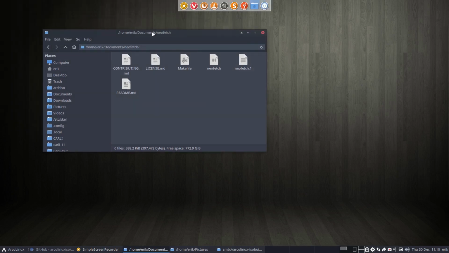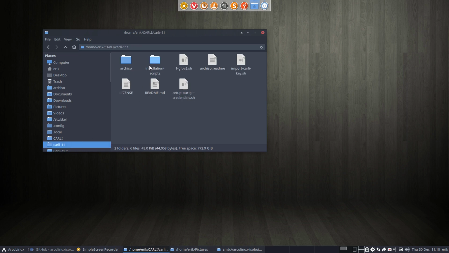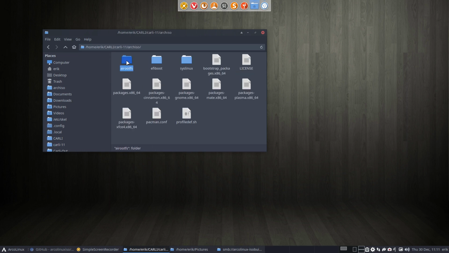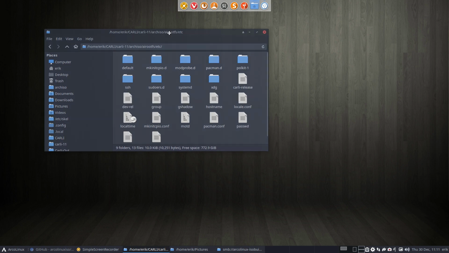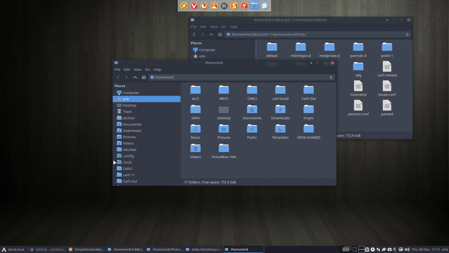Hi guys, we've just created our own package, Carli NeoFetch it's called. It's going to replace the NeoFetch with the code for Carli. It's already on the package, but we should also put it on our system. So in here, etc, there is an application called